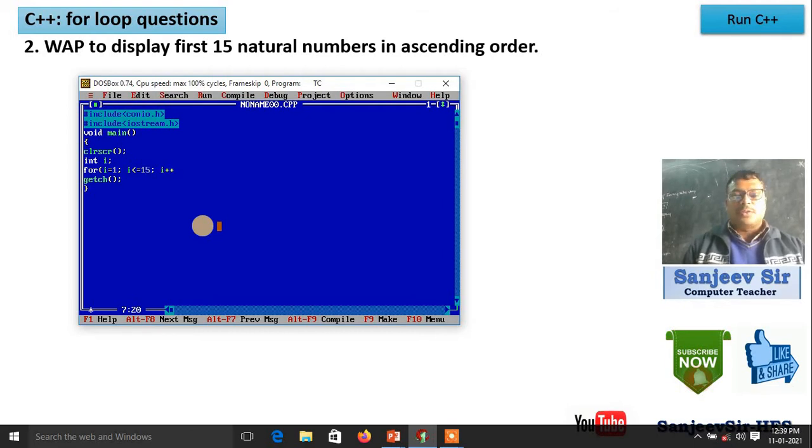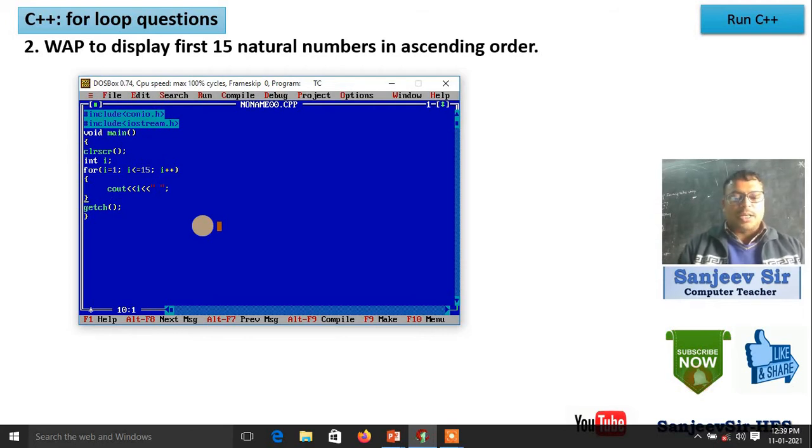Inside this for loop we will display all the numbers in ascending order: cout << i, and we can put a space also. One space you put, then with a space it will display the 15 numbers.